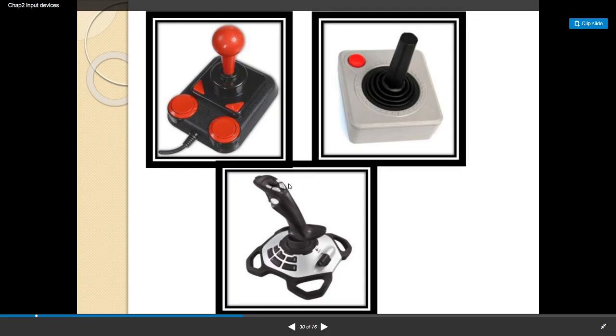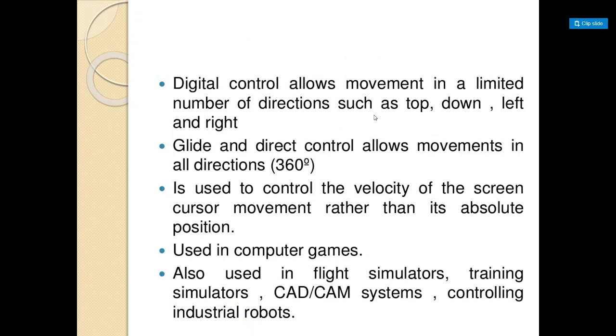See, this is how it looks. This is the button. These are the buttons present on the joystick. This is the plastic base. This is the rubber sheath around the joystick. A digital control allows movements in a limited number of directions, that is top, down, left, and right. And the glide and direct types of joystick allow 360-degree movements, and